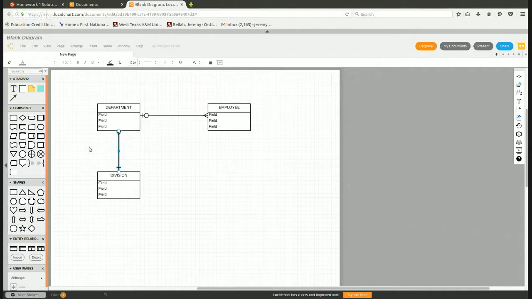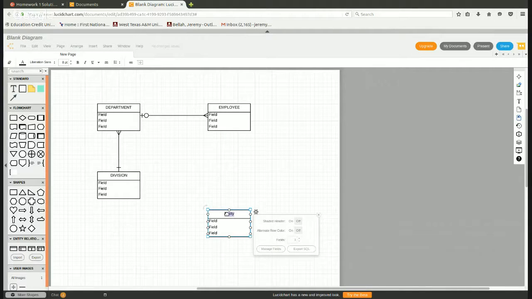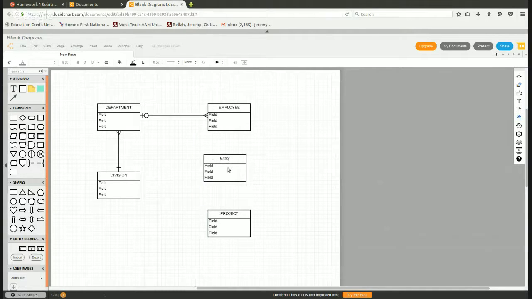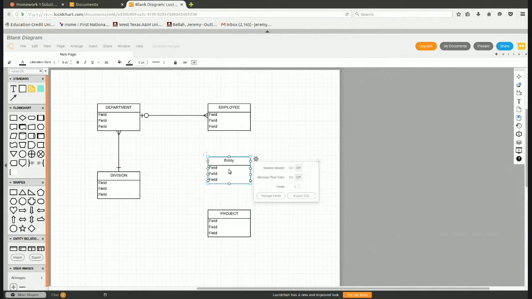The next business rule tells me an employee may be assigned many projects, and a project may have many employees assigned to it. Now that's interesting. We've got a many-to-many between employee and project. And this is where a lot of you lost some points on your homework, because when you have a many-to-many relationship, you need an associative entity between the two in order to model that relationship. And I'm going to call this employee project,